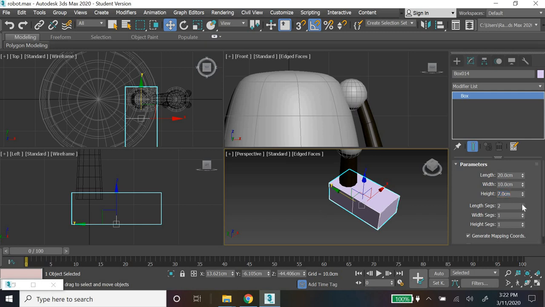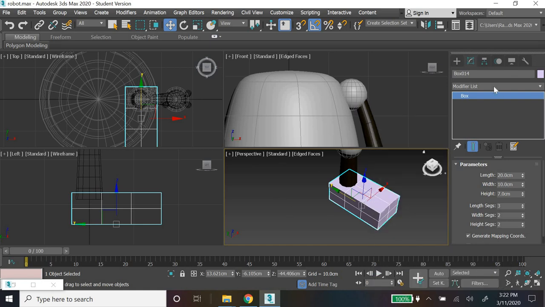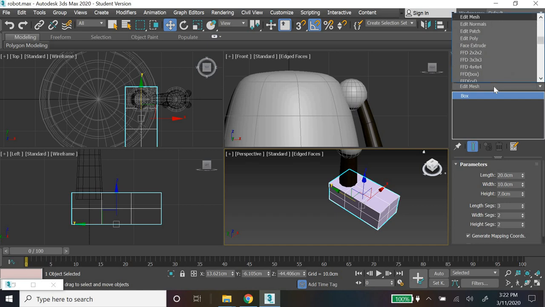Now we need some segments. So 1, 1, 1 in all directions. We need more here. Okay, so this will be where the leg is at the base, and then this is where it goes up, and this is the middle part. So that looks good. I don't want to convert it, add edit poly